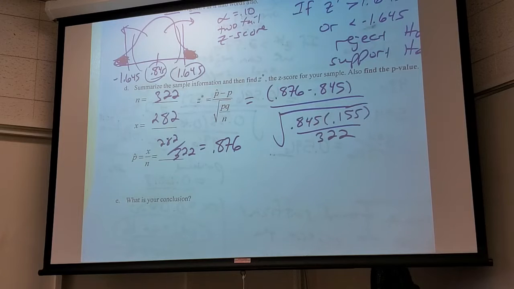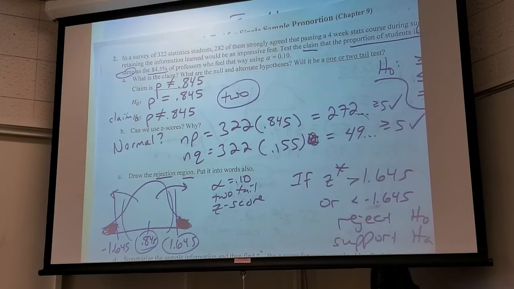I feel like I'm lost for some reason. Where do we get 0.876? Where's p hat again? Where's the sample? Where do they discuss the sample in the problem? You look where they're talking about the sample and you say to yourself, what out of what? You're always looking for something out of something. Now, some of the problems in the book actually calculate p hat for you. They'll say, in a survey of 322 stat students, 80% of them said this, so it's already calculated for you, which is nice.